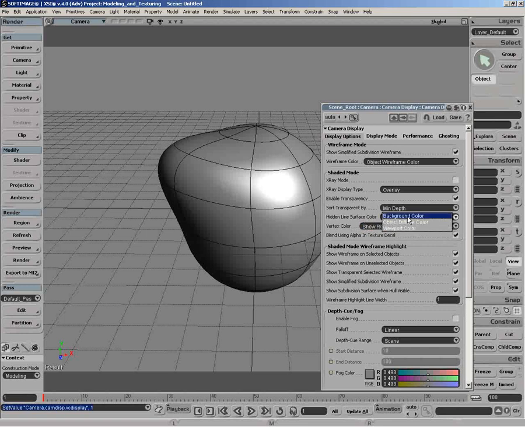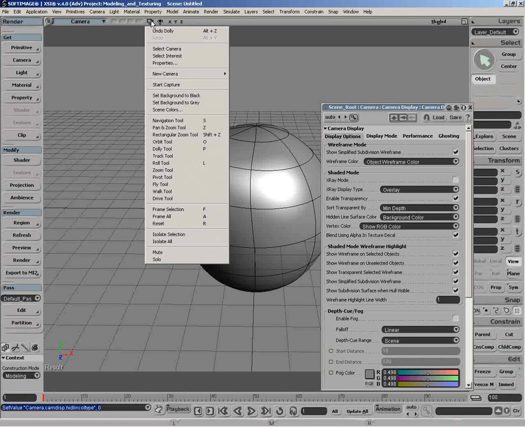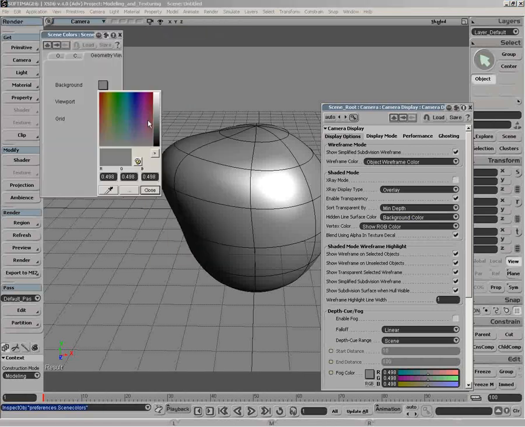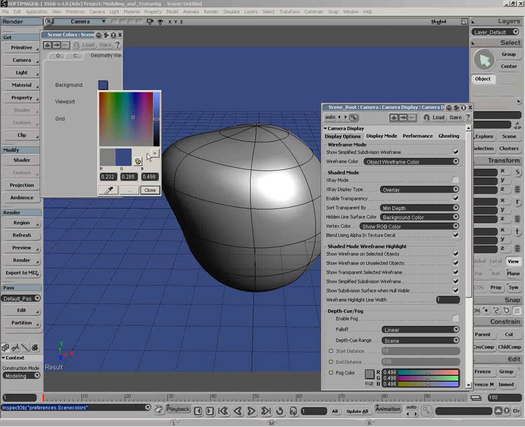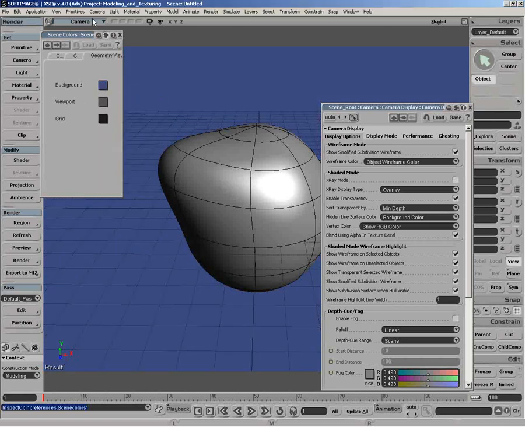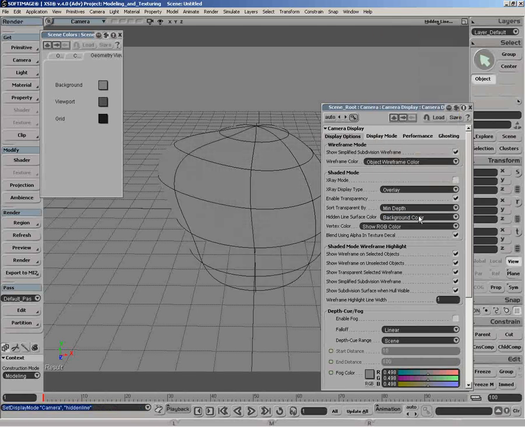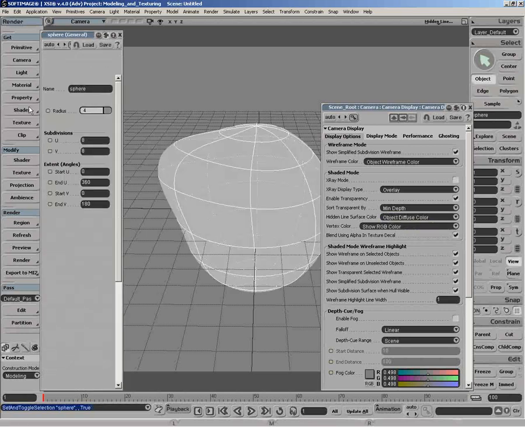Hidden line surface color, I'm currently using the background color, which is this. In order to access all these, I can go into scene colors, and there is background color. So I can just play around with that. I can always reset the background color to the default grey. If I go to hidden line, now it's using the background color as its hidden line surface color. I could also use the object diffuse color. So whatever the material here,